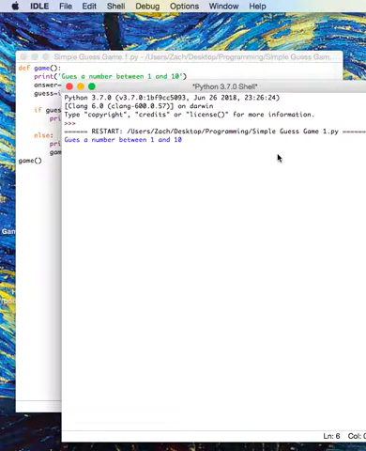Okay, so it's going to have us guess a number between 1 and 10. Let's say I say 5, which is the wrong answer. It's going to say incorrect and guess a number between 1 and 10. Now the right answer is 4, and it's going to say correct. So that's how to make a simple